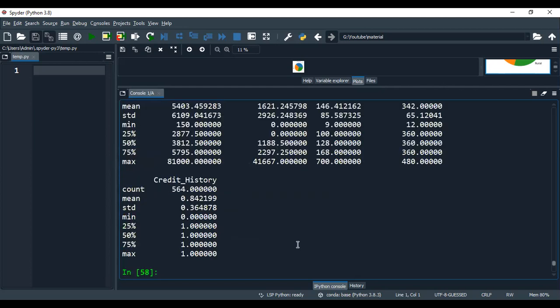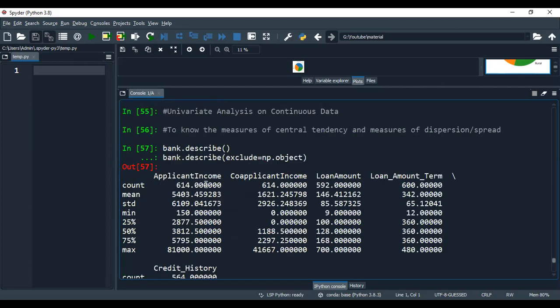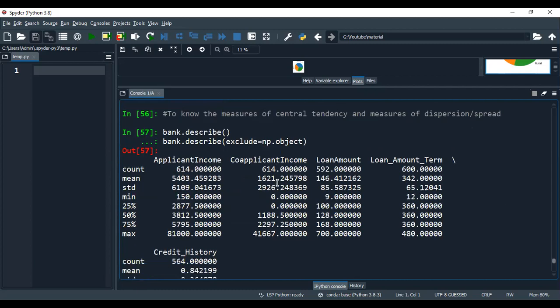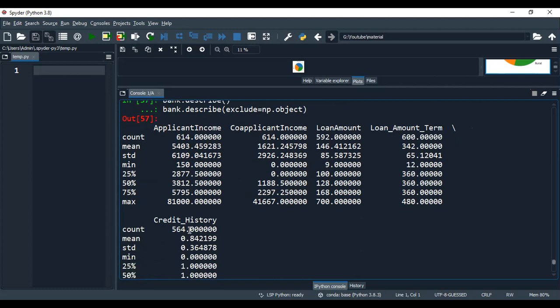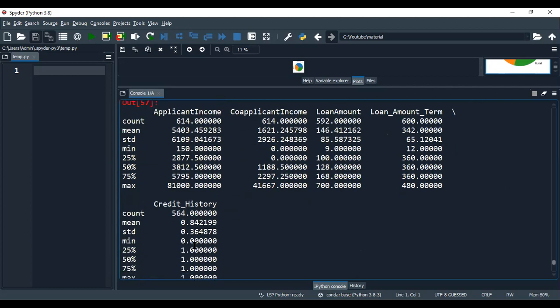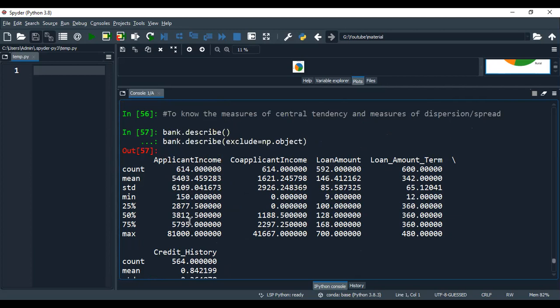Can you see here? Applicant income, co-applicant income, loan amount term. Since credit history is given in numbers, it is also taken as a numeric column with zeros and ones. That's why it is giving me the related statistics, measures of central tendency and measures of dispersion and spread.